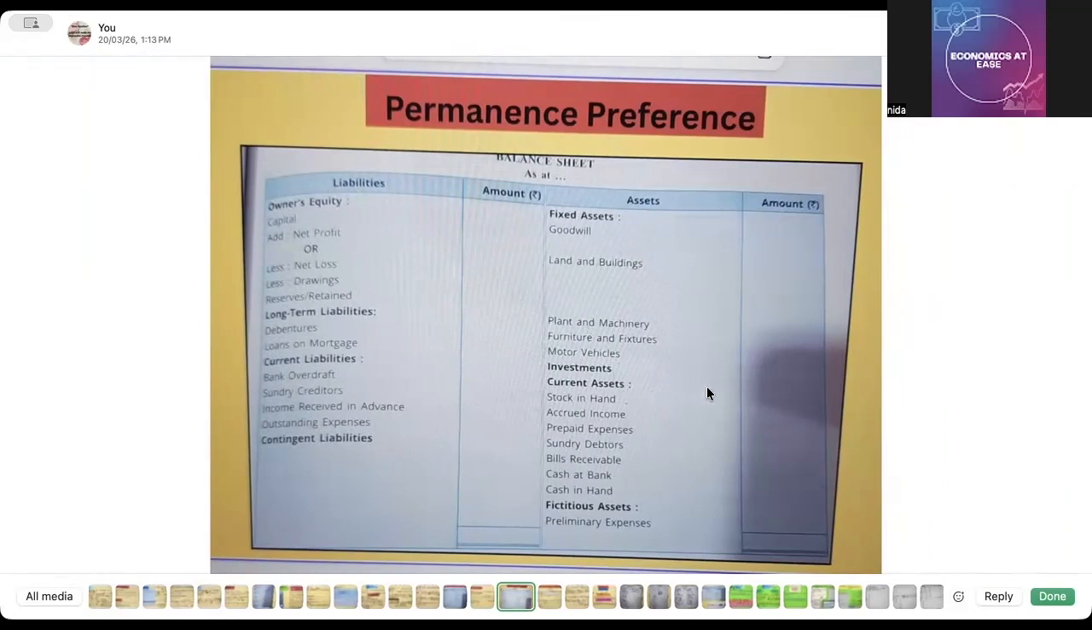Then investment, you will write here, then current asset, stock, accrued income, prepaid expenses, debtors, bill receivable, cash at bank, cash in hand, and last है fictitious asset, that is the preliminary expenses, okay? देन ओनर्स इक्विटी, सबसे पहले लिखेंगे हम कैपिटल, देन ऐड करेंगे नेट प्रॉफिट, और अगर नेट लॉस है तो सब्ट्रैक्ट कर देंगे, लेस ड्रॉइंग्स, रिजर्व और रिटेन। देन लॉन्ग टर्म लाइबिलिटीज, डिबेंचर्स और लोन्स और मॉर्गेज, एंड देन करंट लाइबिलिटीज,